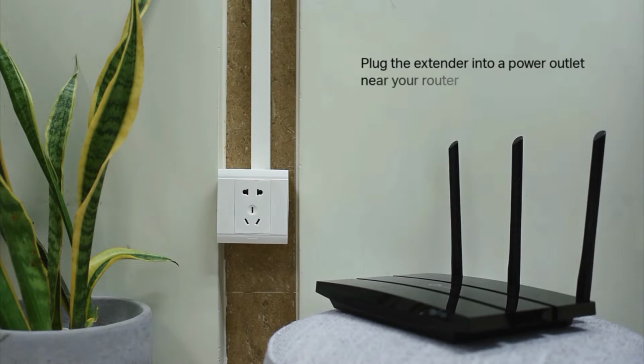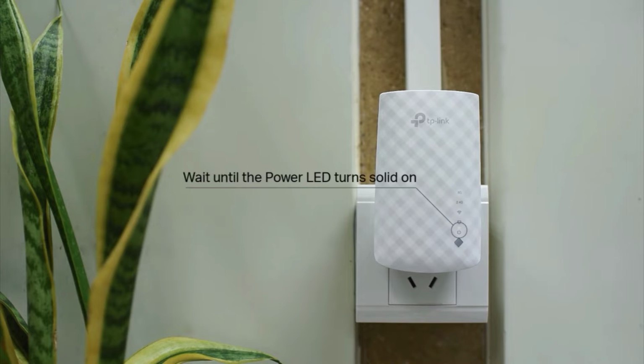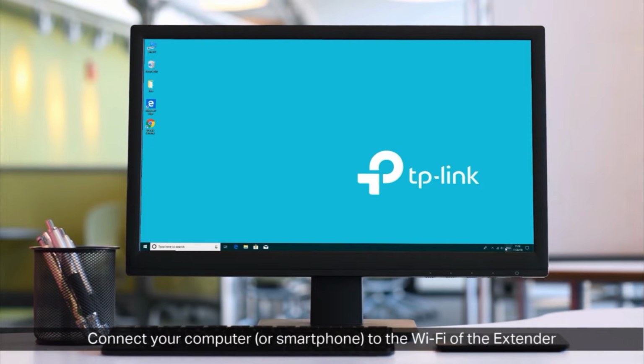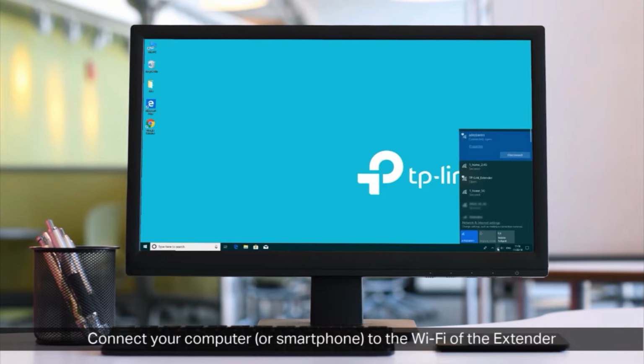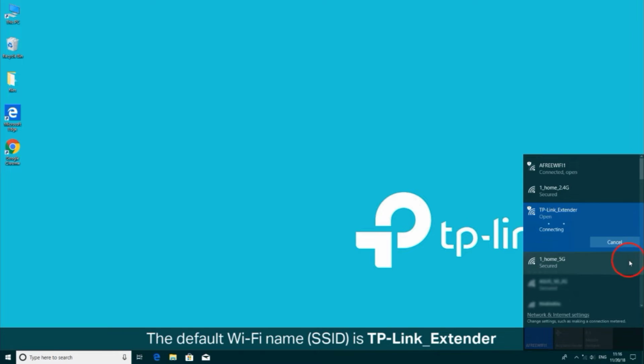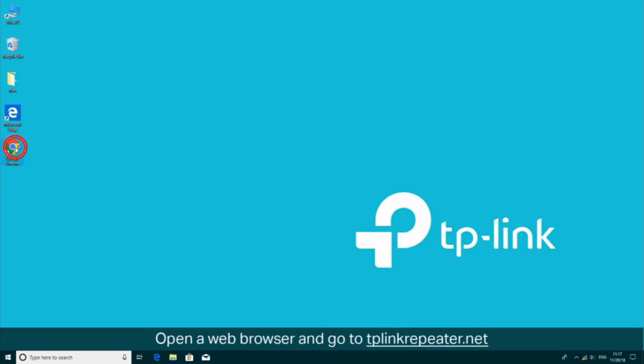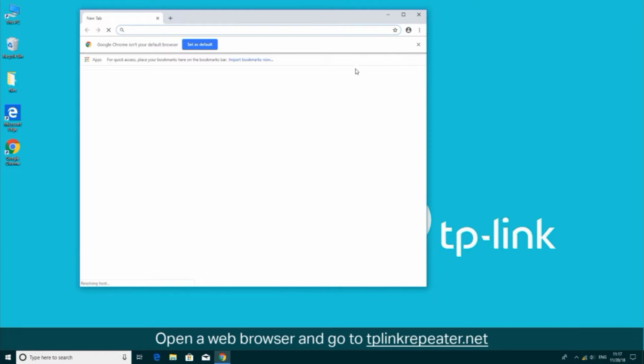So first and foremost, plug your TP-Link extender near your router and wait for the power LED to turn stable. Now, on your phone or computer, go to the Wi-Fi list and look for TP-Link_extender network name. You need to connect to this network. Once connected, open a browser on the same device and in the URL or address bar type